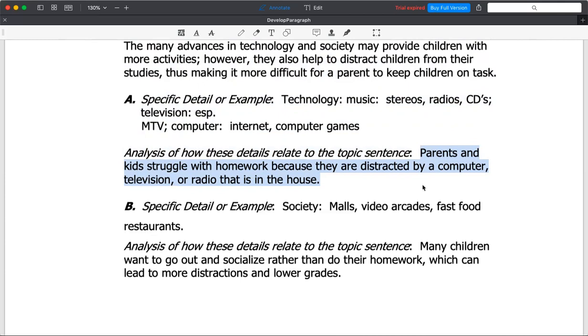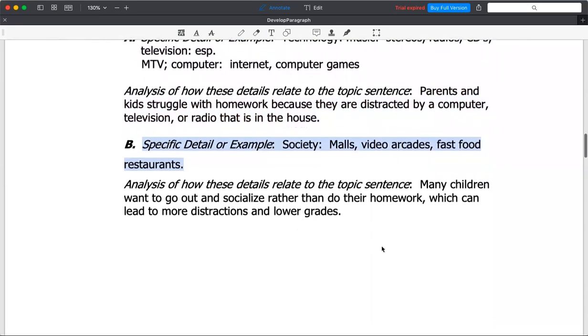So parents and kids, for example, struggle with homework. Analysis is basically, you should say how and why and in what way. Parents and kids struggle with homework because they're distracted by a computer, television, or radio that is in the house. You can also provide another example or detail to support, such as socializing, malls, video arcades, fast food restaurants, and so on. And the analysis is how these details relate to the topic sentence. Many children want to go out and socialize rather than do their homework, which can lead to more distractions and